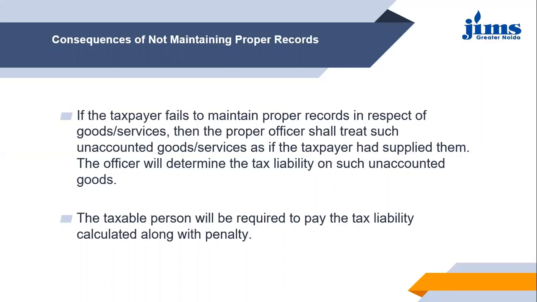Along with the tax on unaccounted goods for which the tax has not been calculated, or supplies that have been skipped, the person will also be required to pay a penalty. So the liability of that person will become the tax as well as the penalty imposed for non-compliance or for not properly maintaining the records or books related to GST entries. So this is it from my side for the proper maintenance of records. Thank you.